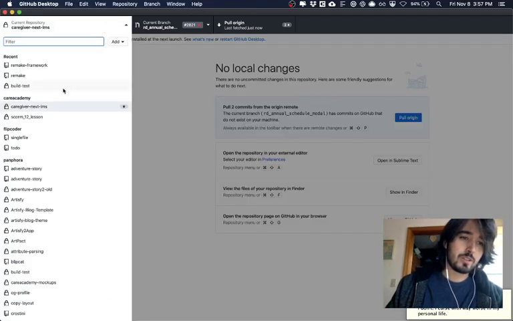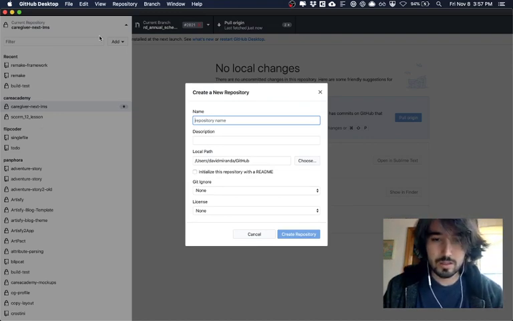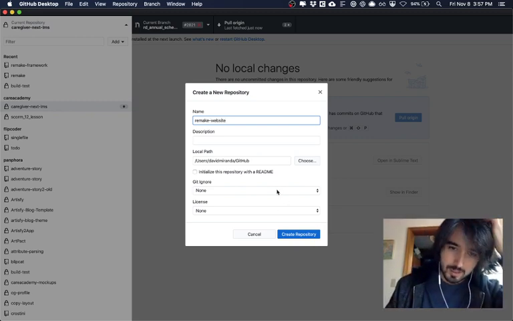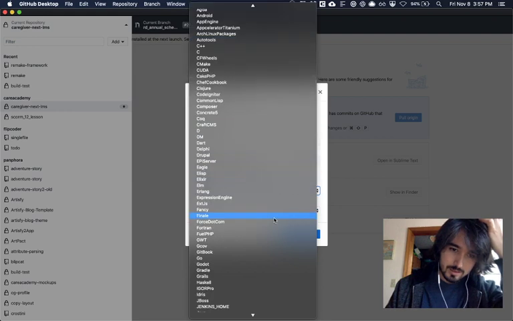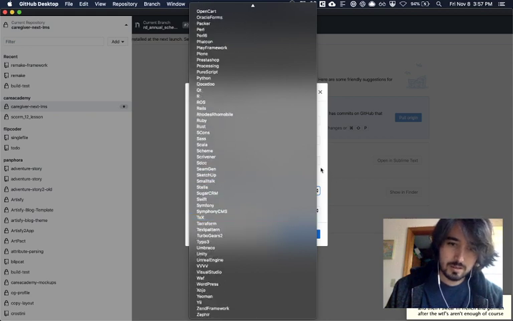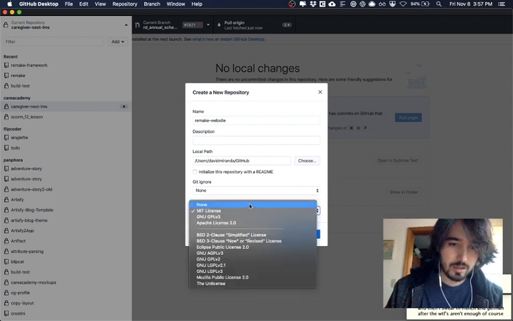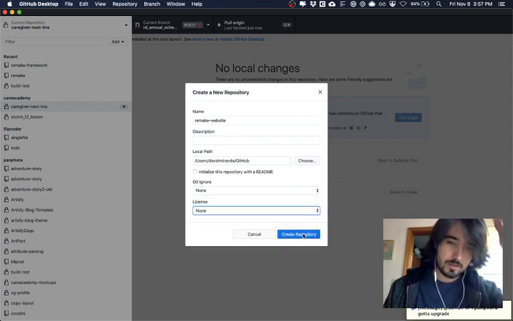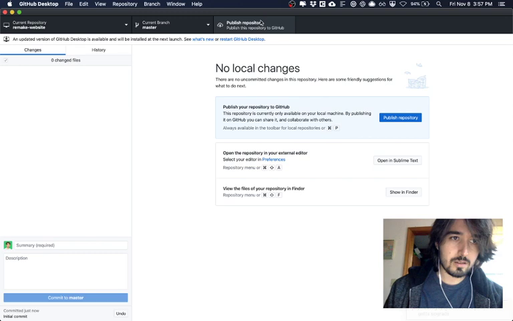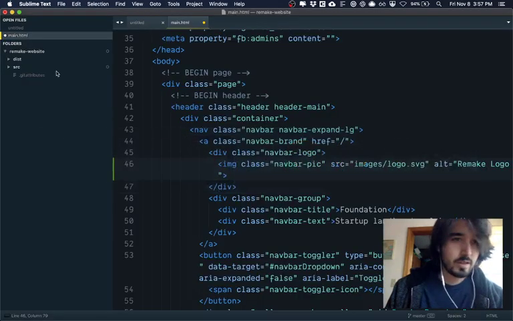Cool. So let's add a new repository and let's call it, what is it called? Remake website. I think this is as far as we're going to get today, you guys. I'm sorry. Sure. Well, no, we can't put it on an MIT license, actually, because we're using someone else's code. Okay, create, and let's undo, and let's create